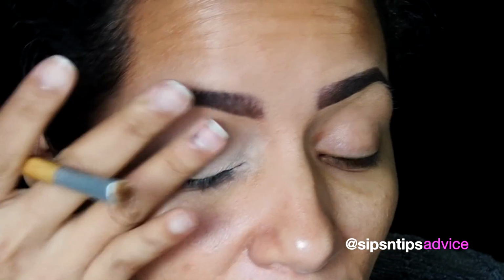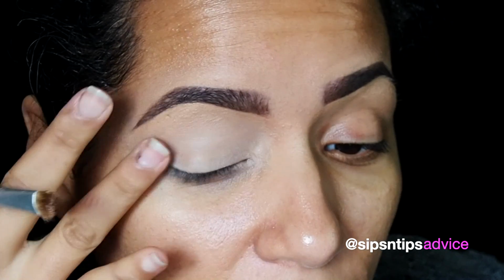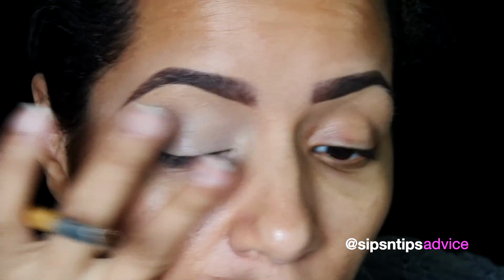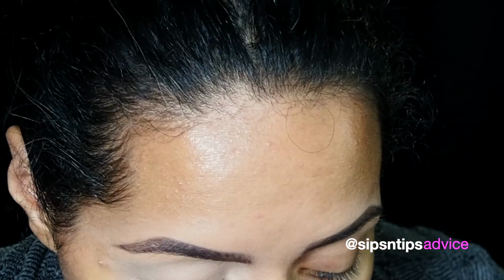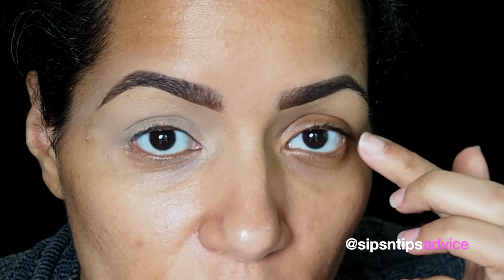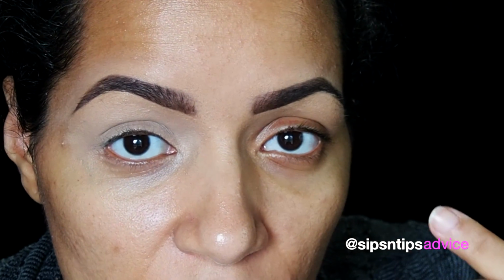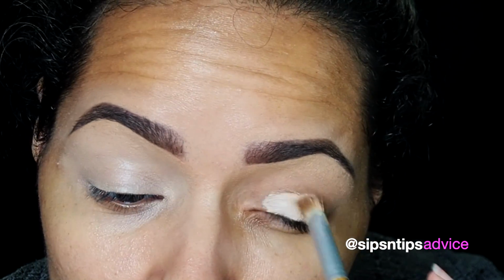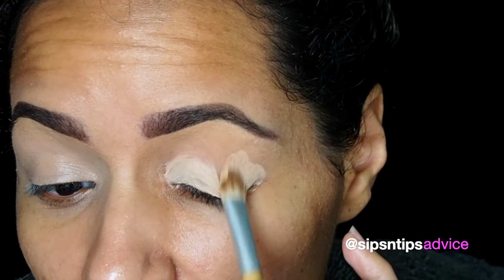And the reason you want to go back over it with your hand is because you want to smooth out the layer, especially for these creams. Now for the more creamy lotion texture one, once you rub it on, it's going to go on smooth. But for these, you do need to pat them in. Otherwise, when you're applying your eyeshadow, certain amounts of it are going to get trapped on certain pieces that are sticking out more. And of course, if it's too creamy and gooey, it's going to also be another issue. So you definitely want to make sure that you blend this after you put this on